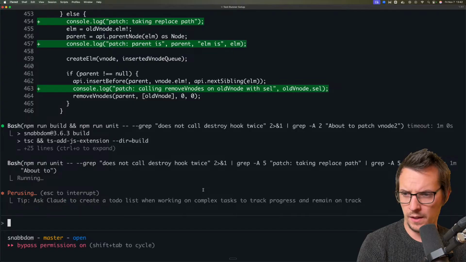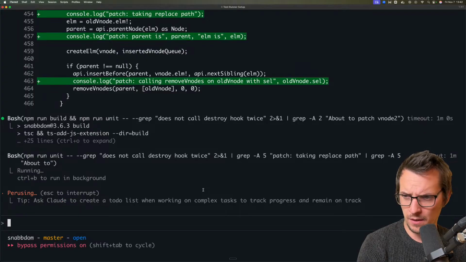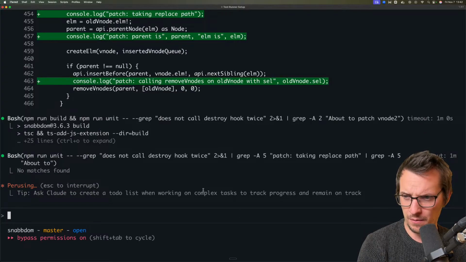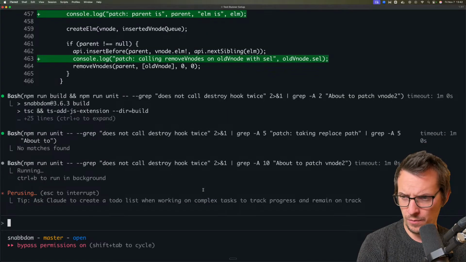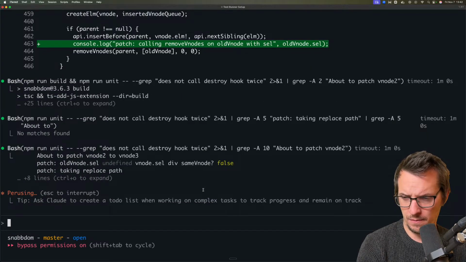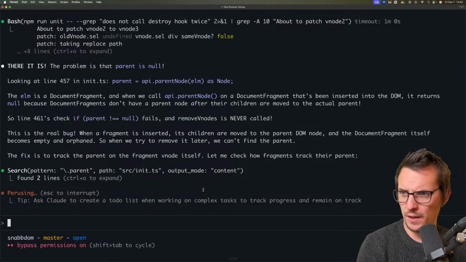Such a weird thing that they're running the tests in an actual browser environment. I guess they have to be perfectly sure, but yeah, I think it's confused by the test environment. I think maybe